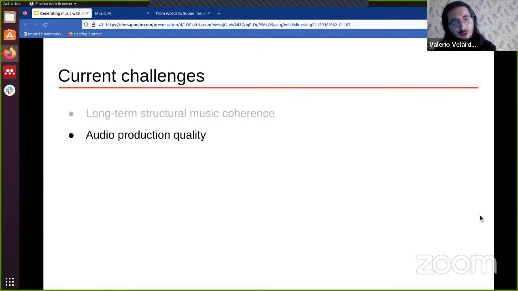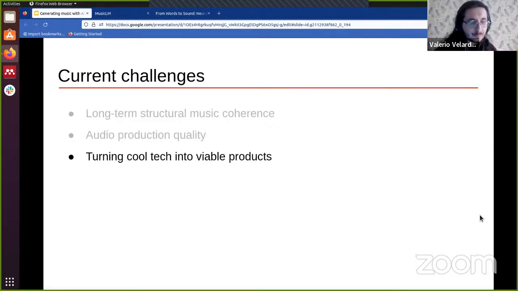The audio production quality is still a big problem. MusicLM has improved on what we had before quite a lot, but still the high fidelity isn't really a thing. So the result can't really be used for high-end applications, like for movies, for video games and stuff like that. The other big problem that we have at this point is that we still have really cool tech, but it's not really that clear how we can get all of this cool tech and turn it into